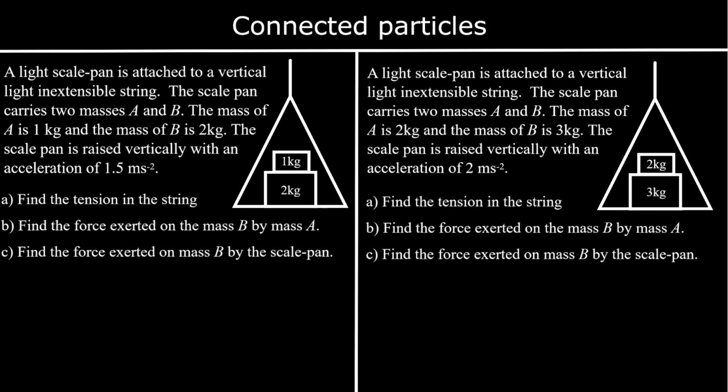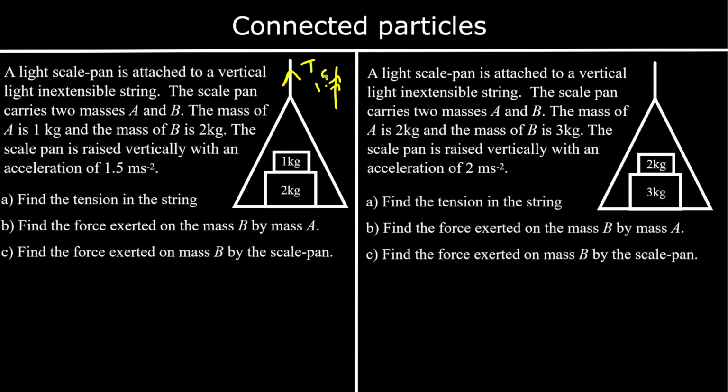Here we have another question. A light scale pan, so it's light, that means it's weightless, is attached to a vertical light inextensible string. The scale pan carries 2 masses, A and B. The mass of A is 1 kilogram, the mass of B is 2 kilograms, and the scale pan is raised vertically with an acceleration of 1.5 meters per second squared. So there's a tension in the string, which is pulling the whole thing up with an acceleration of 1.5 meters